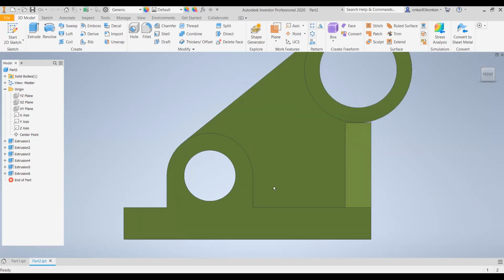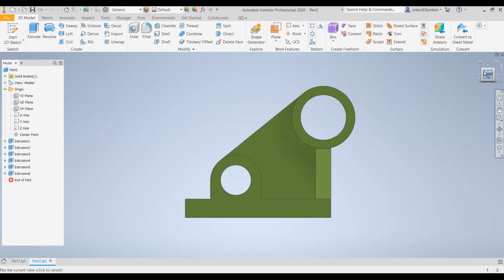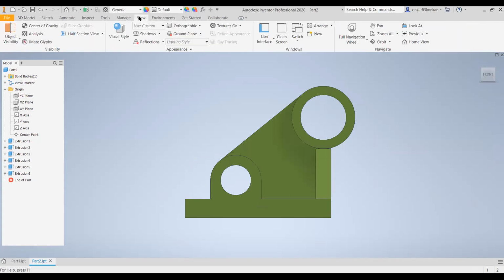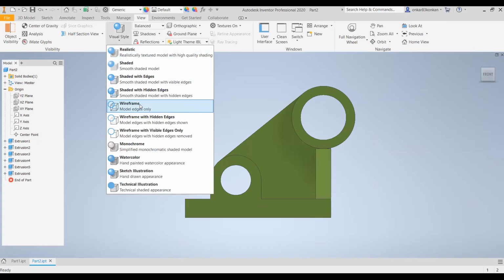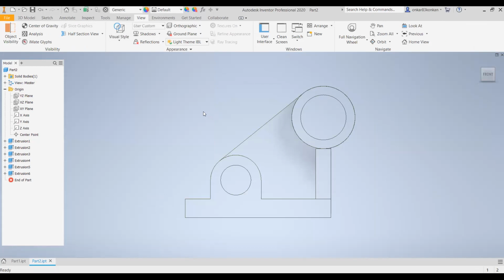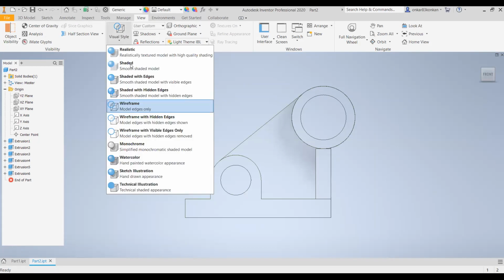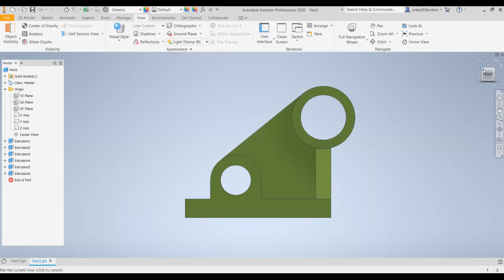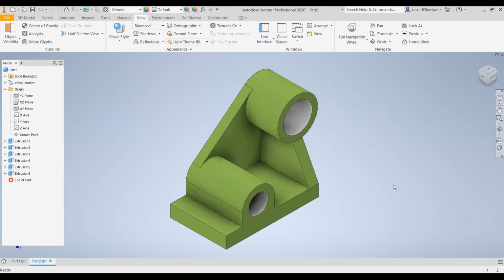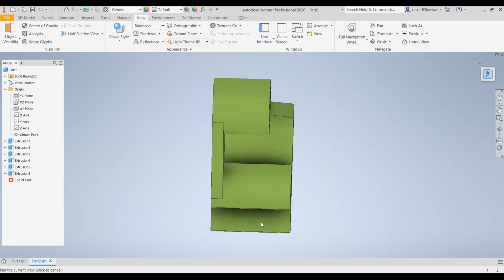So this is the projection from the front view. This is the front view. Then the top view. So this is the top view.